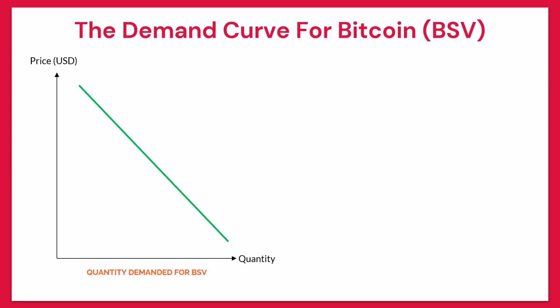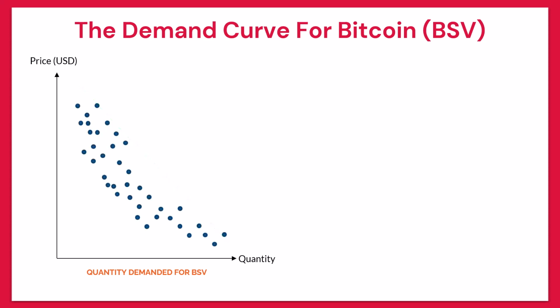A typical demand curve for most things being traded in a free market is represented by a declining line. Notice that on this graph, the vertical scale, the y-axis, is the price of Bitcoin in US dollars. The horizontal axis, the x-axis, is quantity demanded. Actual demand curves can be derived by surveying the quantity that people would buy of a particular item at different price points and plotting them on a graph. You take the average and you get the demand curve, which tends to look like a curve instead of a